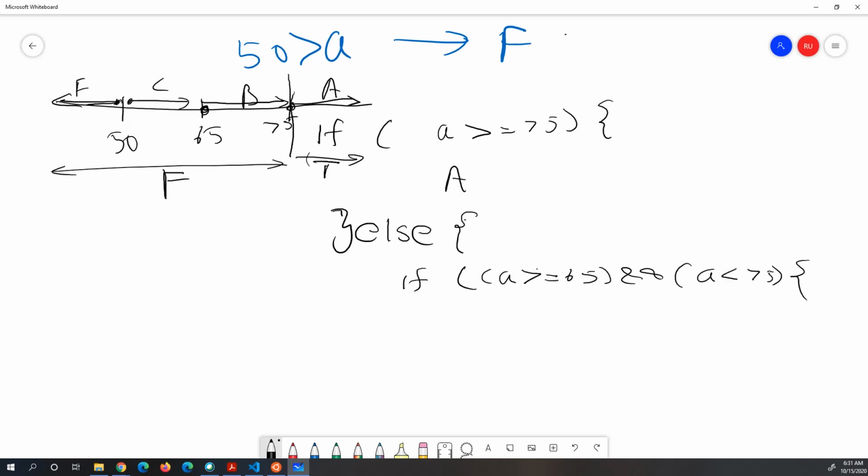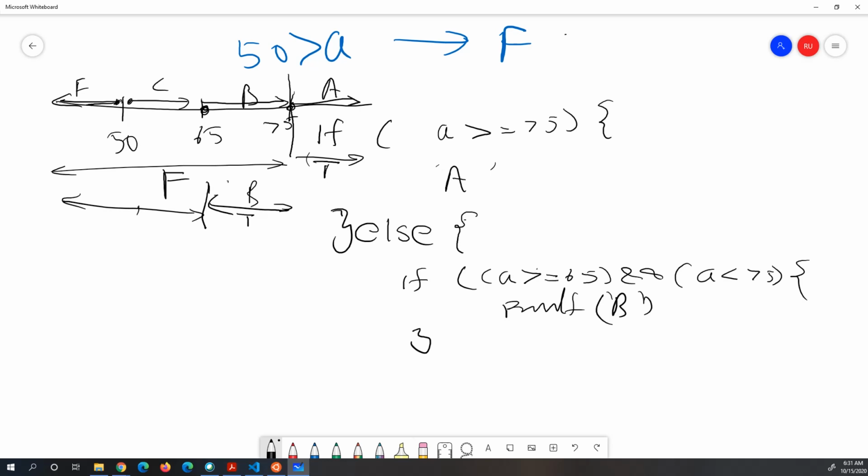We can print, say, printf B, and here printf A. Okay, so we are in this condition, and now we have another if condition here. If the second if condition is true, we print B, and if it is false we have two